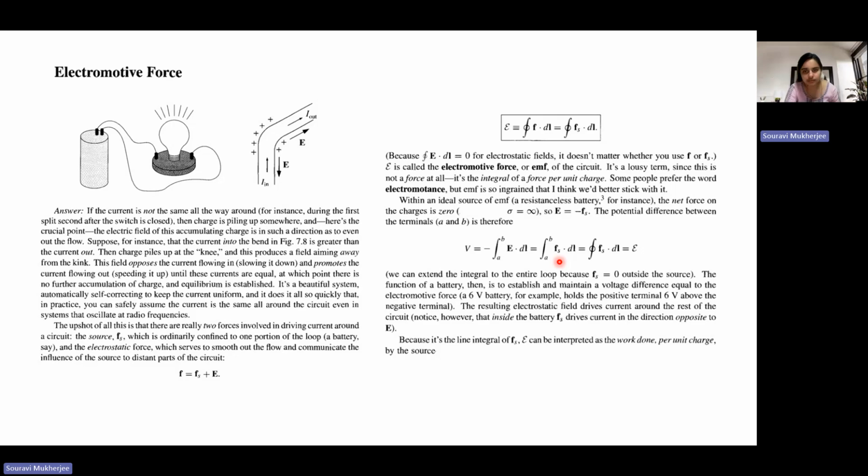Now, why are we discussing this? It will be clearer as we proceed in the class today. This is the definition of EMF. Now, let us now talk about